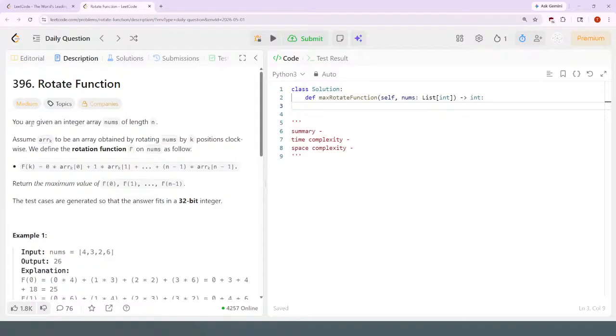Rotate Function, medium. You're given an integer array nums of length n. Assume arr sub k to be the array obtained by rotating nums by k positions clockwise. Define the rotation function F on nums as follows: F of k is equal to 0 times arr sub k at 0,